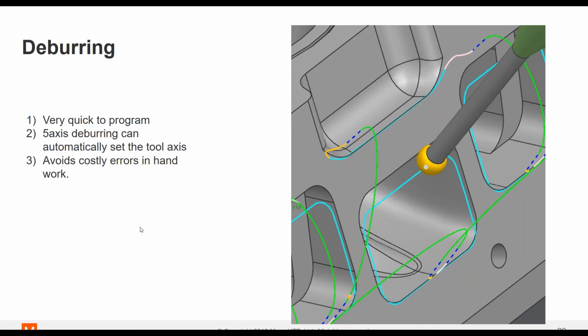It used to be you wanted to get the part off the machine as quickly as possible, get onto the next part, and then you'd send the part off to hand finishing. Well, it is possible to scrap a part in deburr by going too deep on an edge or something. So particularly with some of these complex geometries, there's a risk in doing that. So I think our addition of these easy to program deburr operations, along with the preponderance now of the 5-axis trunnion machines, has made this really a profitable, productive change for our customers to make. So let's go ahead again and look at what these operations look like inside NX.